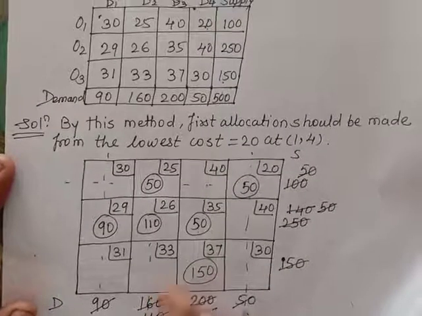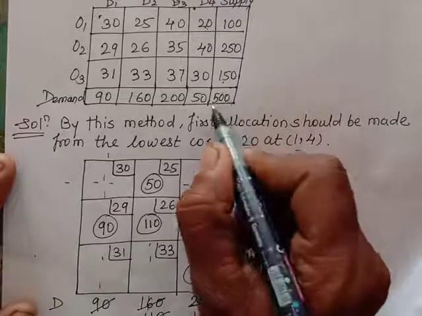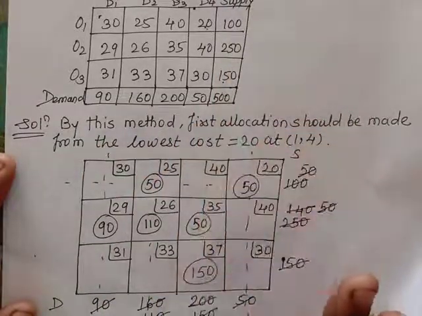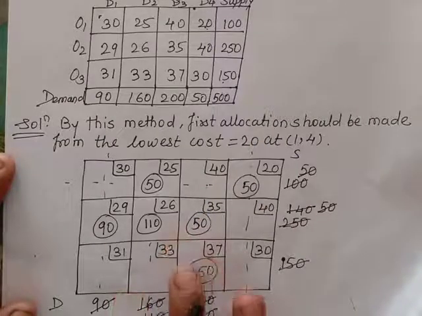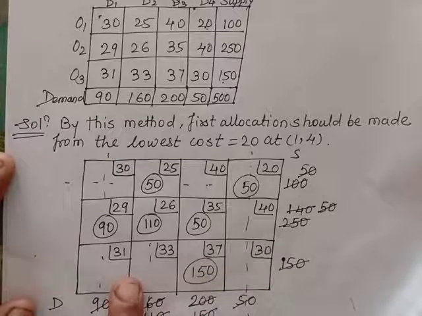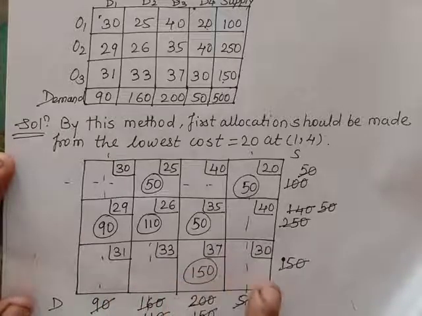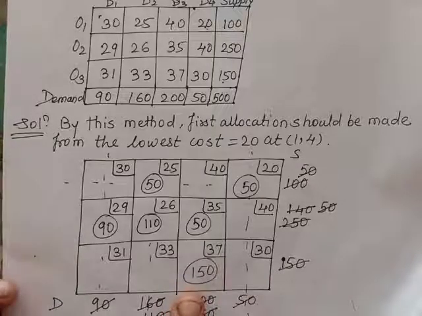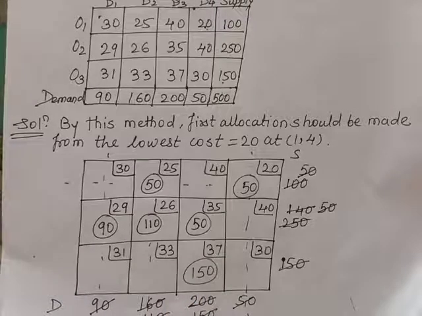Now one more thing, look here. If the total is the same for demand as well as supply, then it has a solution. We can get a feasible solution. But is this feasible solution basic feasible or not? That we will check using whether the number of allocations equals m plus n minus 1 or not. So now this is here. So it is a basic feasible solution. Simply we have to determine the cost then. So let's determine the cost.